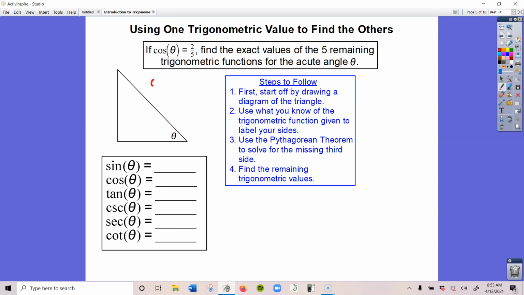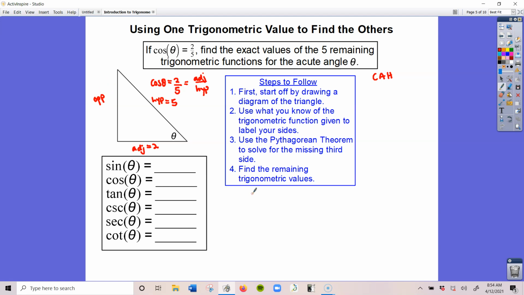Now we are told that the cosine of theta is going to equal 2 over 5. And if you keep in mind SOHCAHTOA, right, cosine is adjacent over the hypotenuse. So that means that 2 is the adjacent side and 5 is the hypotenuse. So I'm going to label that accordingly. This one here, this is my opposite side, this is my hypotenuse, and this is my adjacent. The 2 is the adjacent, and 5 is the hypotenuse. So I'm missing here the opposite side. So in order to find this,